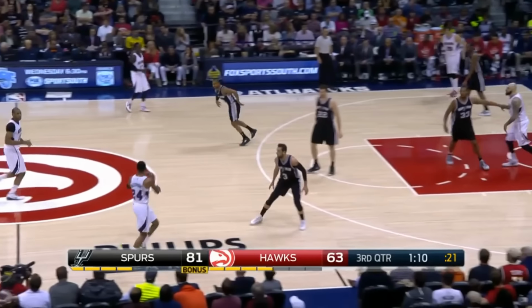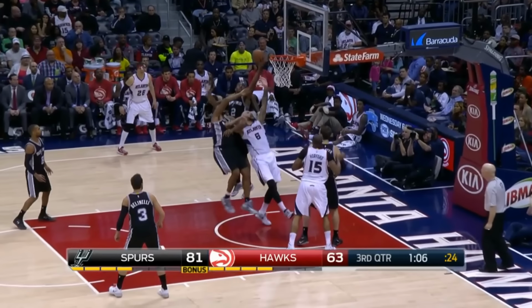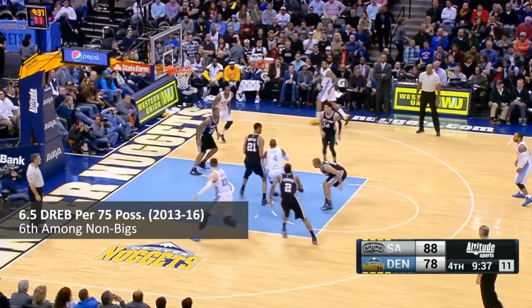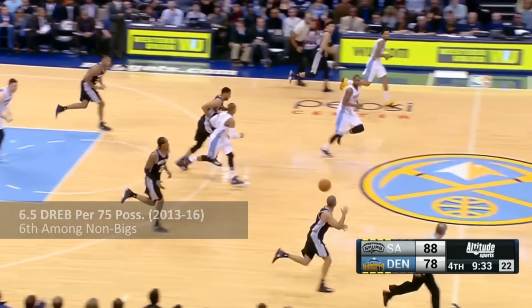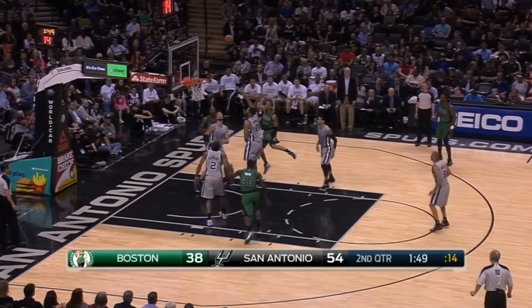His ability to get up vertically, along with those long arms and supersized hands, made him a legitimately great rebounder at his position. Once again, using that 4-year span, he was 6th among all non-bigs at 6.5 defensive rebounds every 75 possessions. When it all comes together, you're left with this remarkable defensive chess piece who pretty much checked all